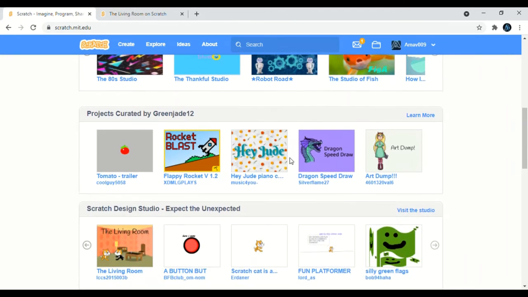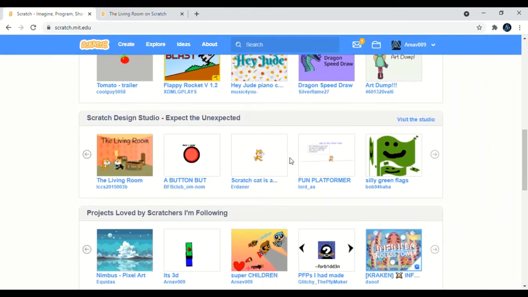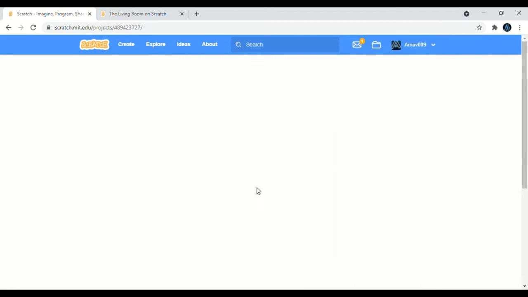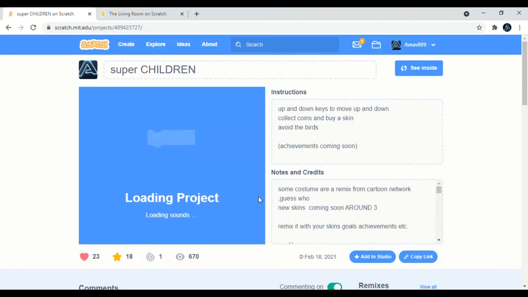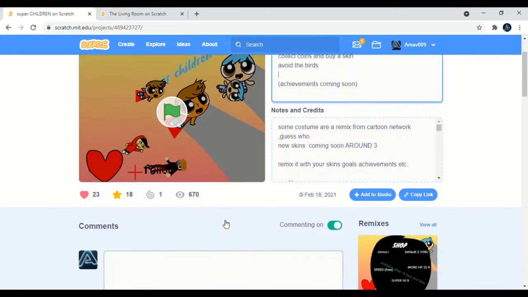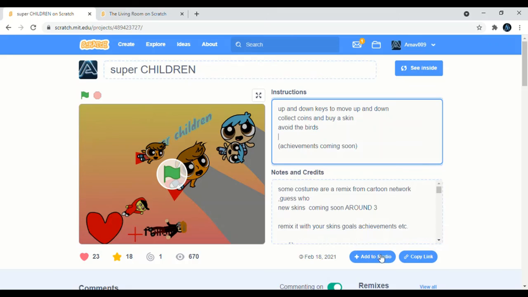Featured studios. This is some advertising in which you come in front page. So this was one of my project which had came on front page. Let me just show you. So instructions. You need to keep instructions and notes and credits. These are really important. Your projects could even get like